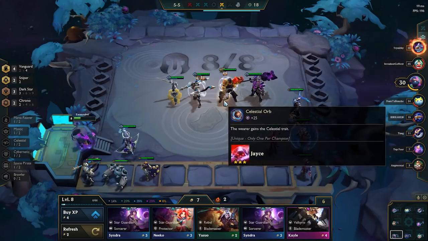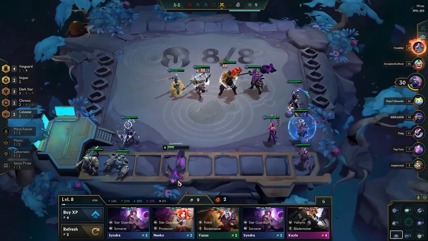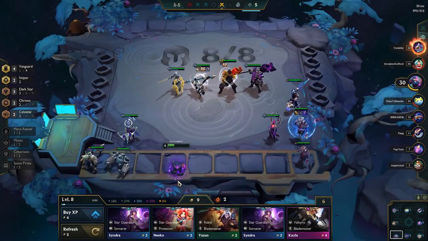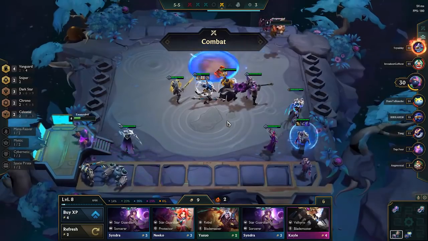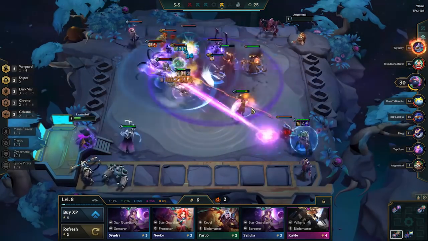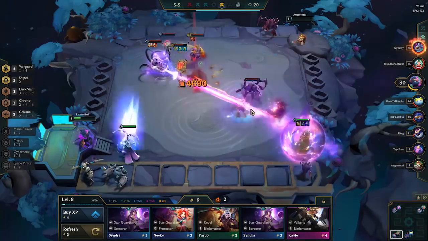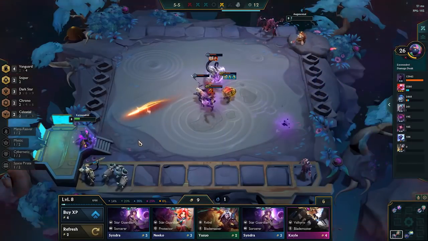I find a Celestial Orb, by the way, and I do end up adding that. It does just give me some extra lifesteal, which will help me get through some of these more difficult rounds to navigate. And now what you're seeing me do on the bench is putting on stuff that is good versus most people. So I bring an extra Wukong on, an extra Lulu, an extra Blitzcrank, all of that is perfectly